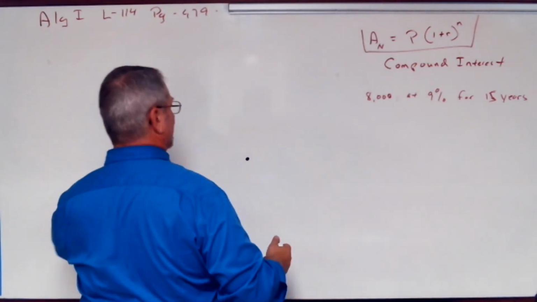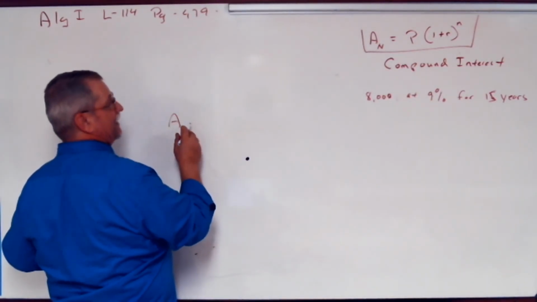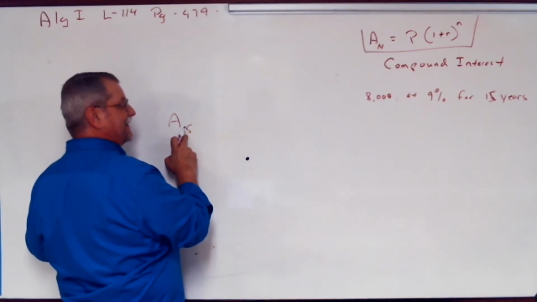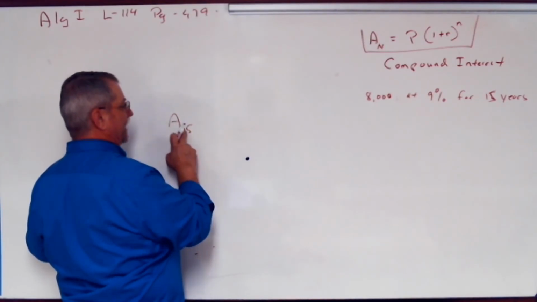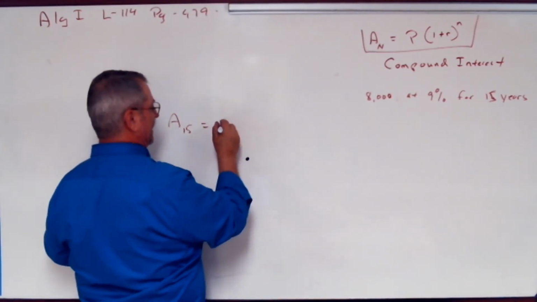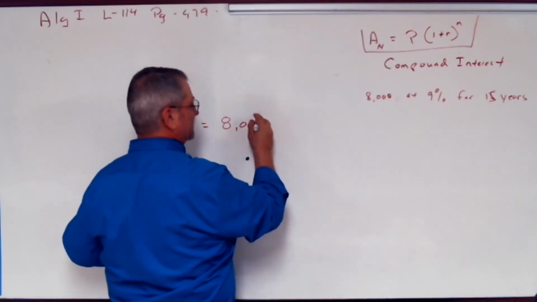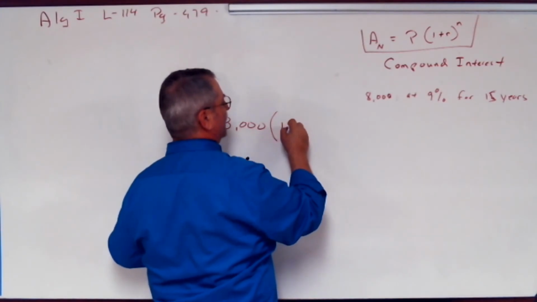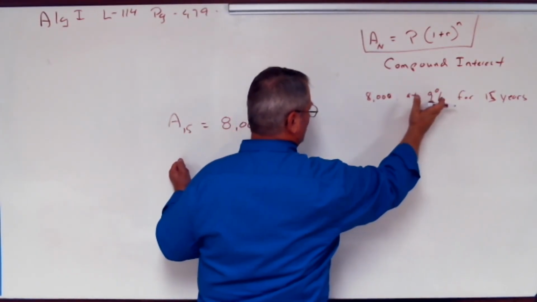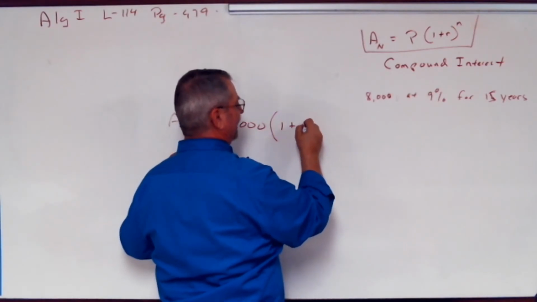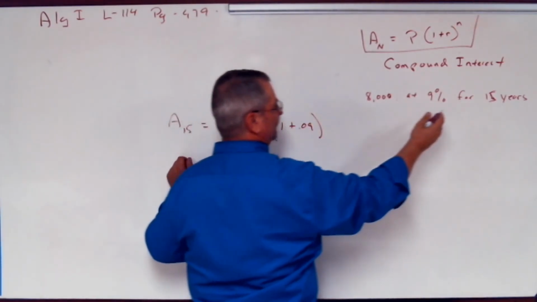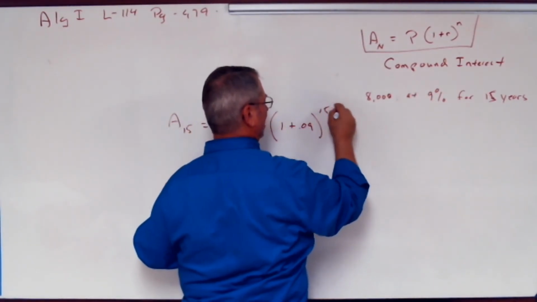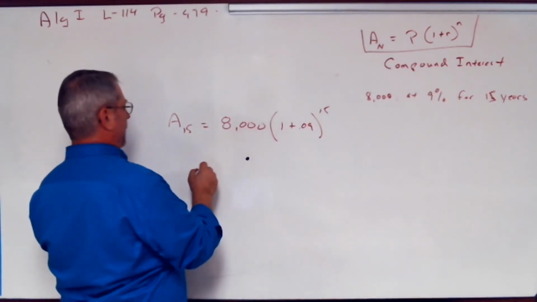Okay, well, I just put my numbers in here. This will be 15. Now, I don't multiply, divide, do anything with that. That just tells me it's 15 years. The amount after 15 years is $8,000, because 8,000 is the P, the principal, times 1 plus the interest rate, which is 9%. That's 0.09, like that. And it's going to be there for 15 years. That's right here. Same number here, like that. All right? So equals